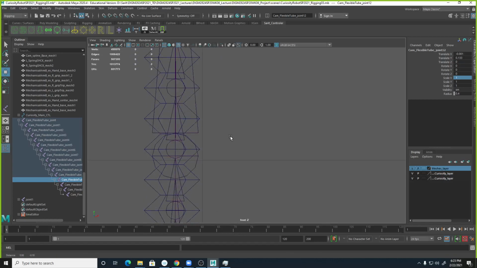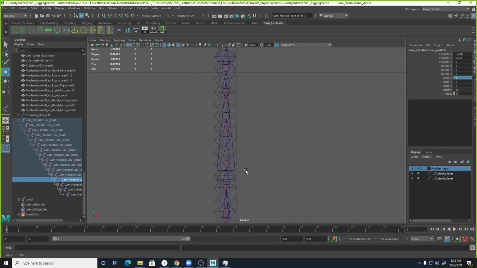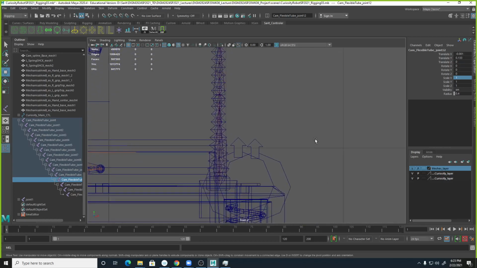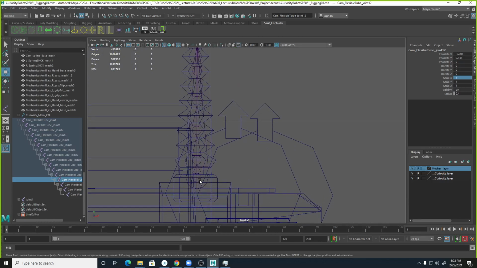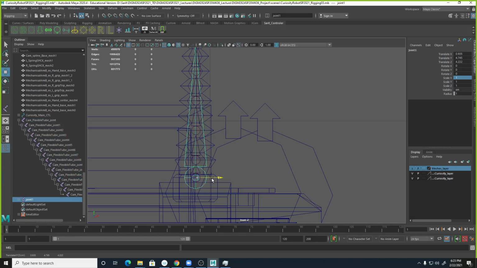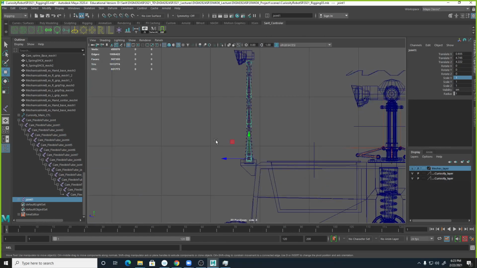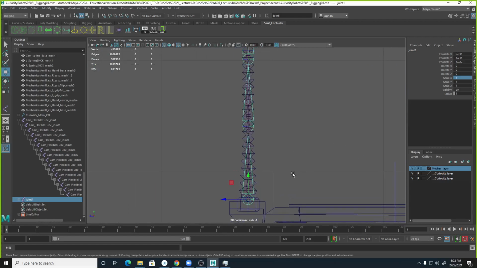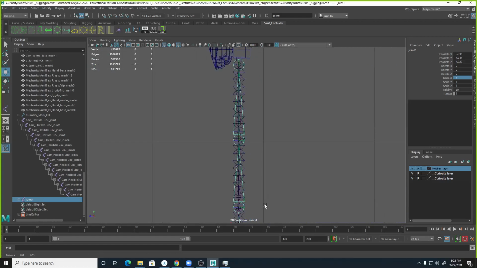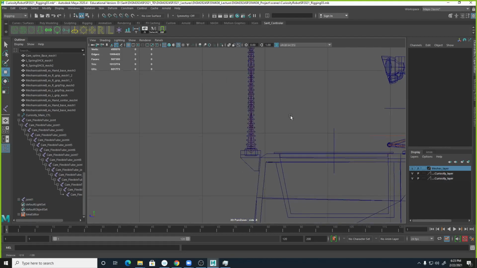It's not even centered yet. Here we go. Okay. Now let's check on the side. Because if the front is good, but the side is not, we're going to have to fix them. Okay. So now